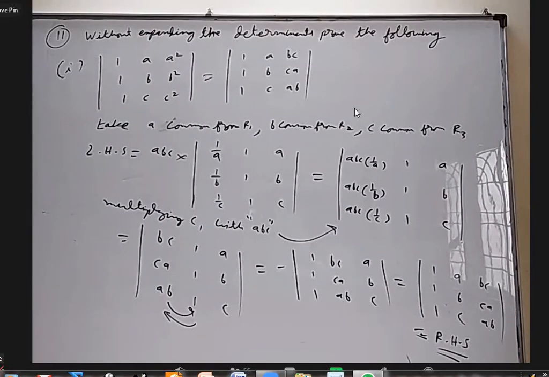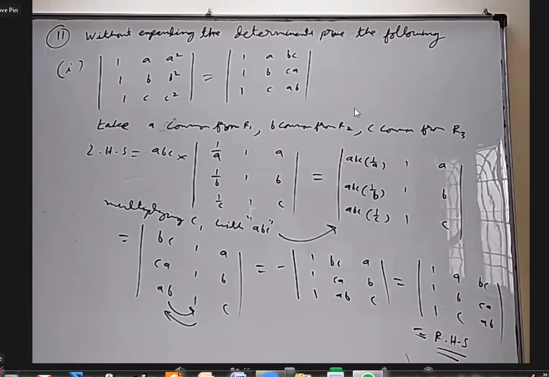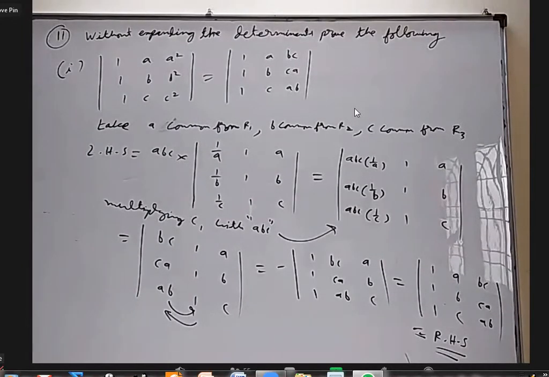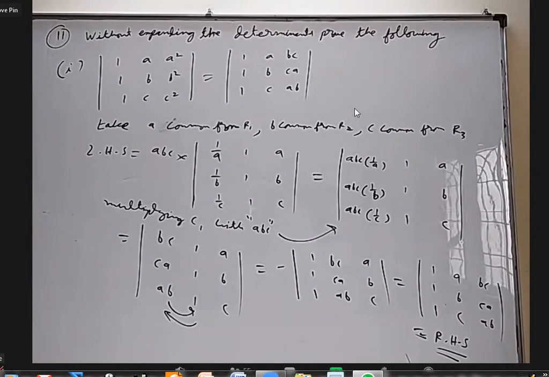Here we can directly shift the rows or columns, and if we want to change two rows at a time, we can directly multiply with minus into minus, no, sir? Yes, we can do that in one step. I did it in two steps, but you can directly do it in one step. Okay.